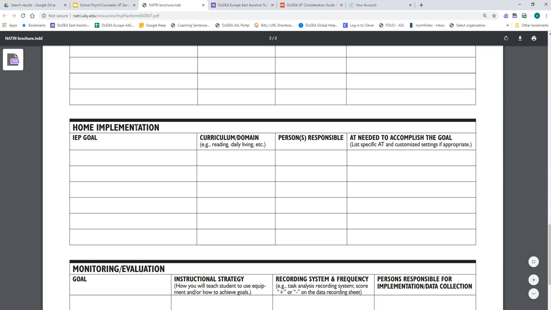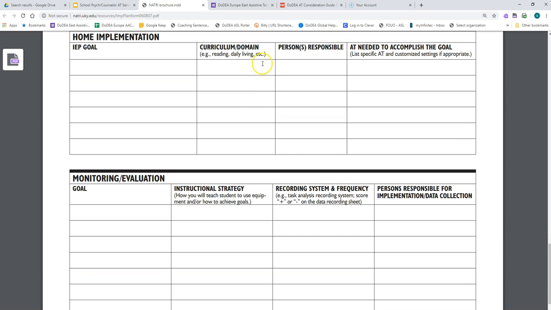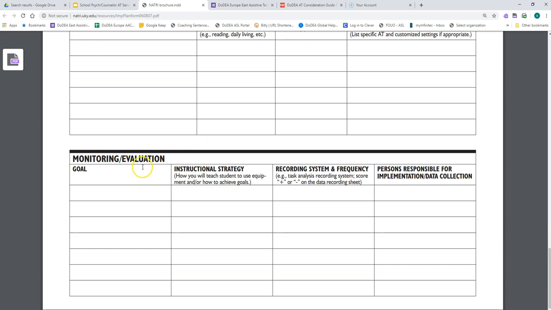Again, if we have a student that is requiring this accommodation, does the student need to use it at home? If it's something like an online access, does the student know how to pull up the curriculum online at home? Do they know how to pull it up on different devices to access the text-to-speech? Have resources been made available? Have they been made aware? Do they know all their login information? All that stuff. So this really kind of goes through the process, and then later on we're going to talk